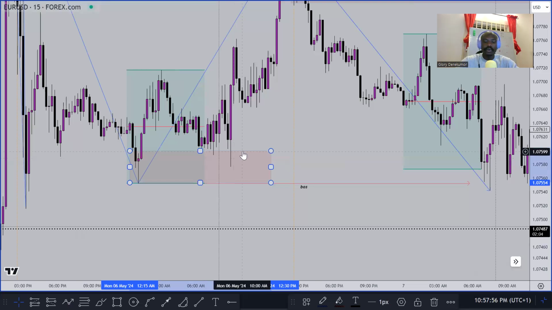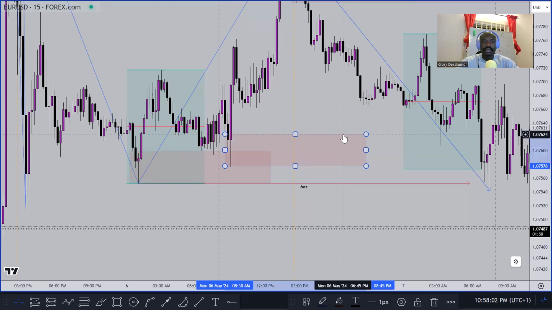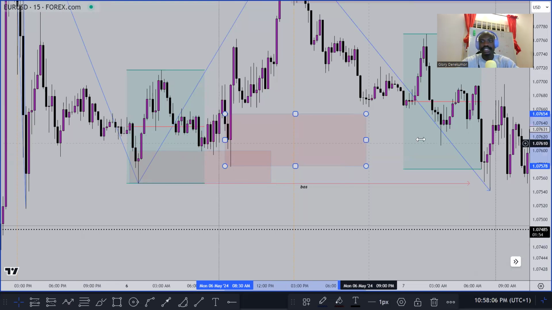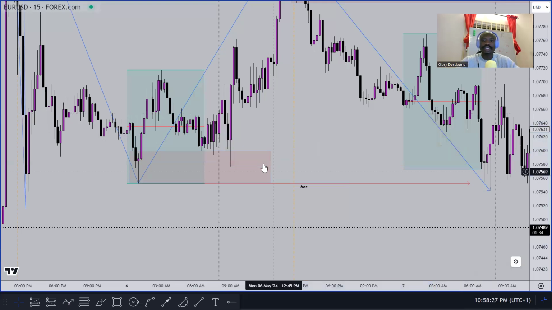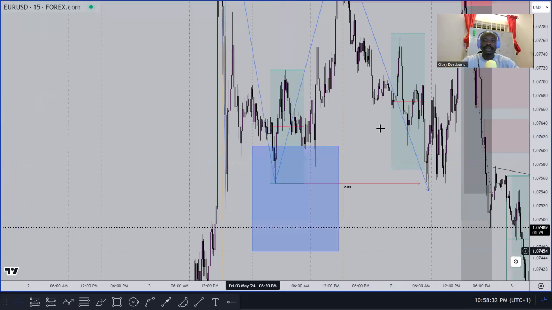And of course, following this internal trend, we have another demand level here. We would be expecting the market to react from that demand level and go higher if the market is indeed bullish. But look at that. We had a reaction from that demand level. By the end of the day, it failed. Okay, taking out this structure to the downside. But my reading of this is not just breaking structure to the downside, but invalidation of these demand levels. Now, of course, once demand levels are being invalidated, that's a sign that the market is about to sell. Now, just following the internal structure here,